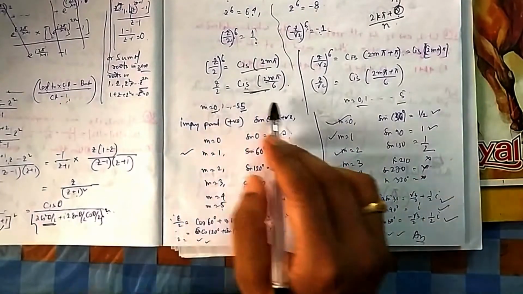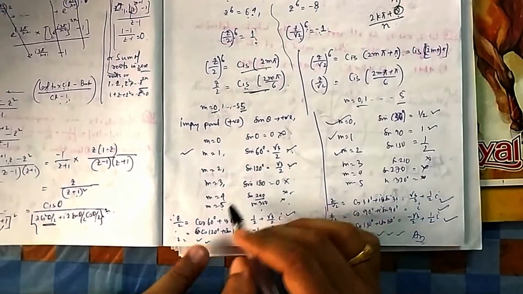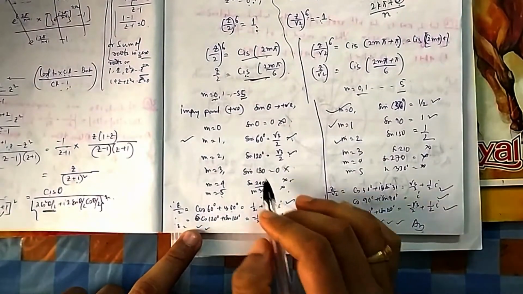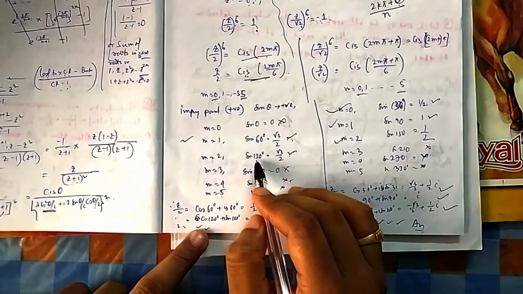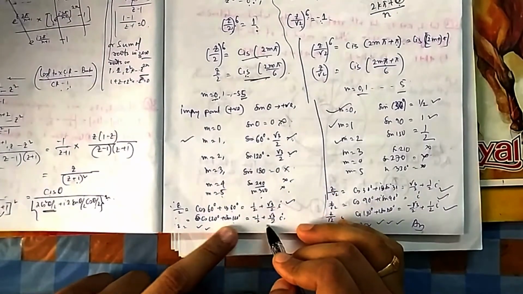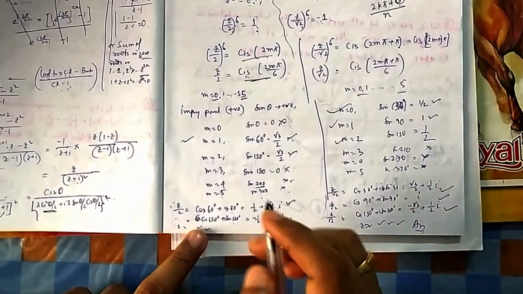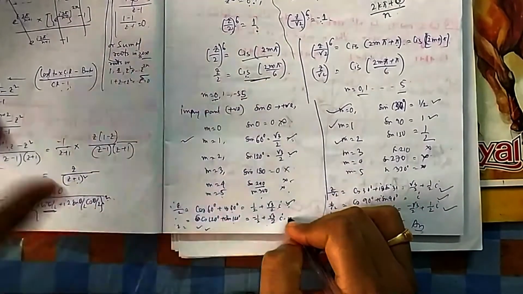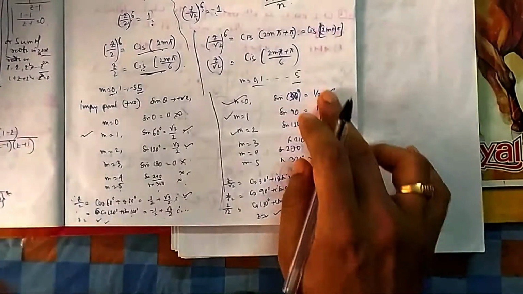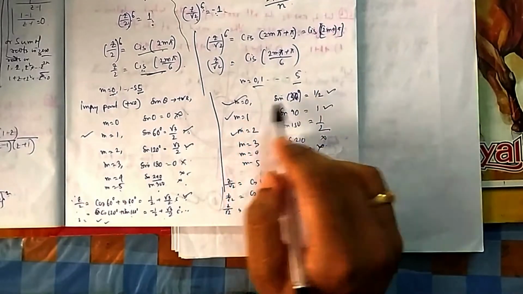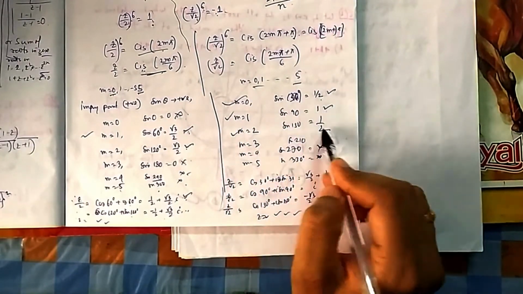So one is z/2 equal to this one, 60 degrees, that is cos 60 plus i sin 60. Another is z/2 equal to 120 degrees, cos 120 plus i sin 120. So these two are the z values. Then if you want to tick, this one, this one. And let me see this side also, if you can find anything. If you put m equal to 0, you got positive, m equal to 1 positive, 2 positive.